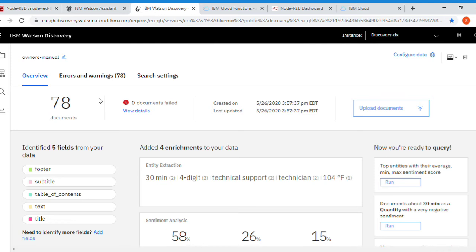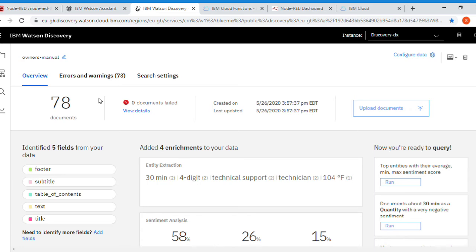The document I used is the Ecobee 3 user guide. You can use any manual document you want; it is only for Watson training purposes.